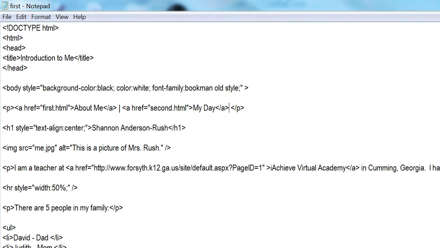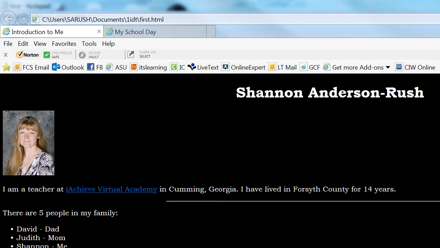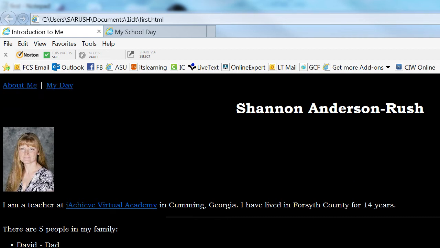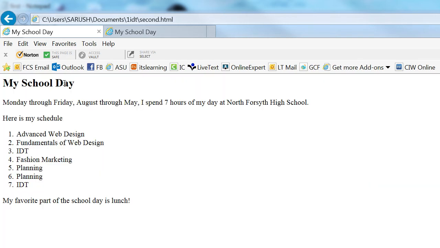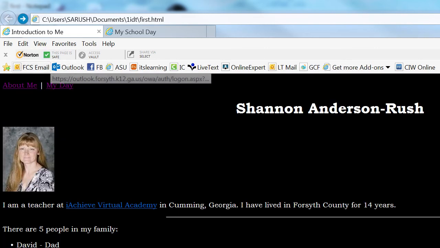And I want to refresh first in the browser. I still have it open, so let me check it. F5. Right up here at the top, you're going to see there's your navigation. If I click on My Day, it goes to that second page we made. Now, you notice that there's no navigation on that page. We actually have to click on our back button right here to get back to our first page. Okay, so that worked. And if I click on About Me, it looks like nothing happens, but it actually reloads